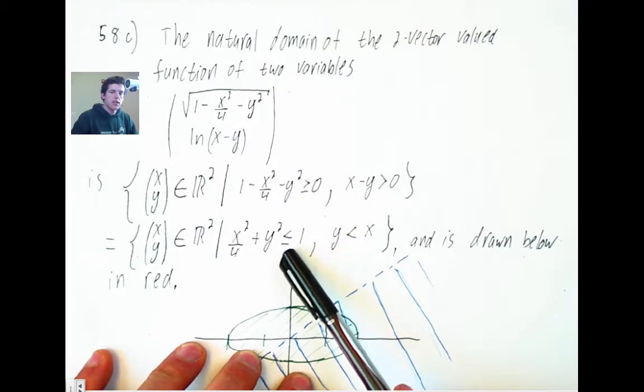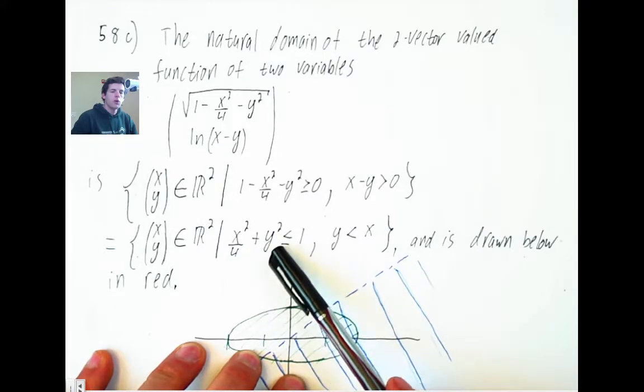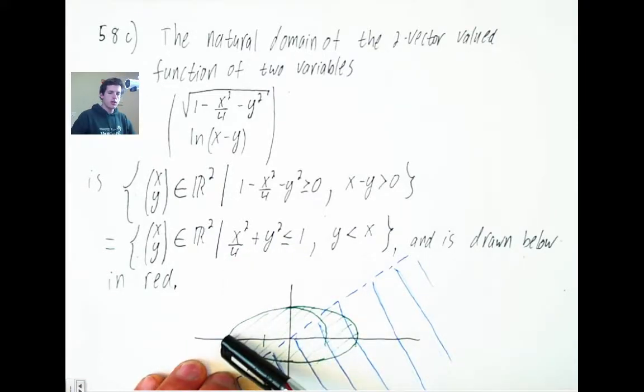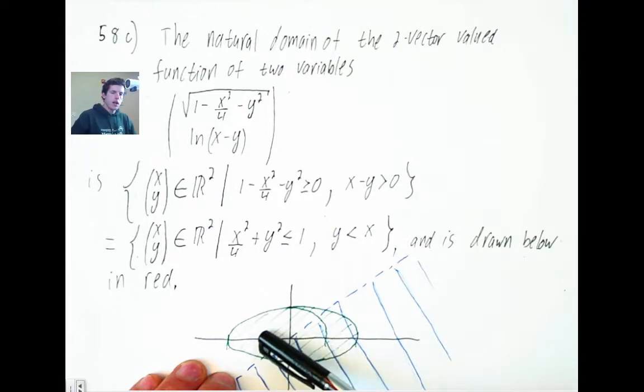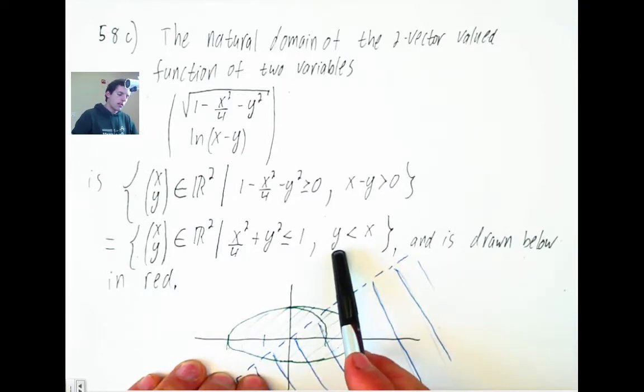Now that describes the interior of an ellipse with eccentricities 2, that's the square root of 4 there, and 1. So the eccentricity is 2 horizontally and 1 vertically. And that stinking little line over there, that was me about to draw a circle instead of an ellipse. Sorry about that. Okay, and then this other one right here that says y needs to be less than x,